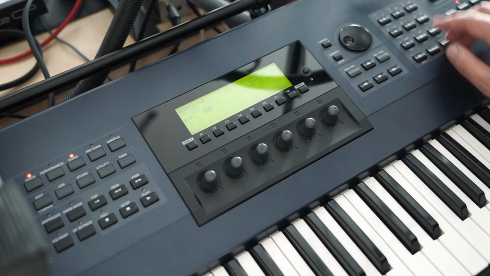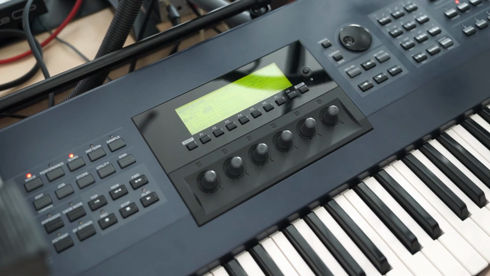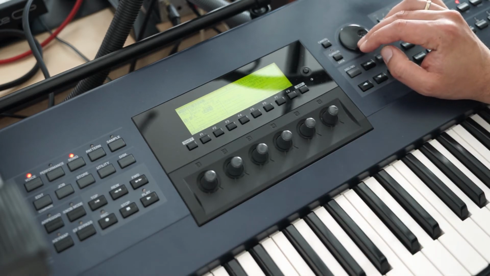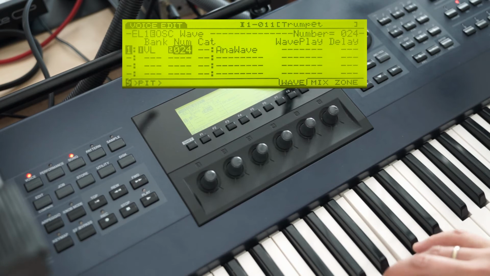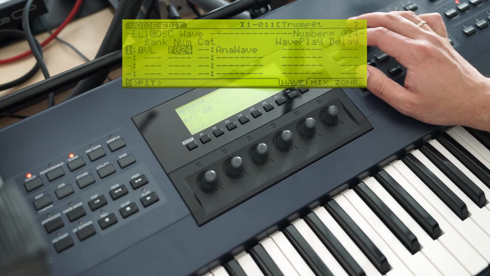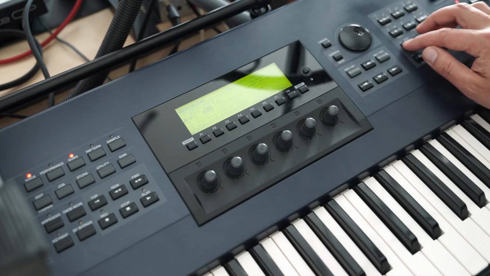Okay, what else have we got here? For example, this bass. And they also got some, well, synthesizer sounds like this Analogue Wave. You can create lead sounds with these. And what else have we got? Of course, this famous example,